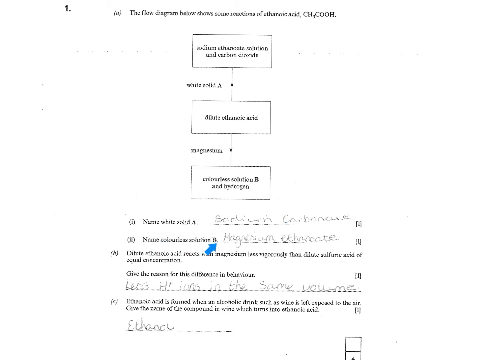Name the colour solution B. So it's magnesium plus ethanoic acid. Okay, you don't need to know what the answer is because it gives you it there. So it's going to be magnesium ethanoate. Okay, dilute ethanoic acid reacts with magnesium less vigorously than dilute sulfuric acid of equal concentration. The reason for that is there's less H plus ions in the same volume, also less splitting, we called it,